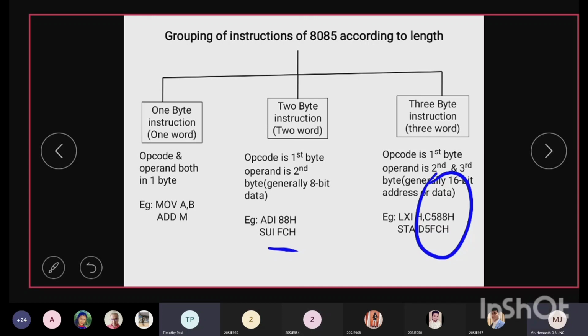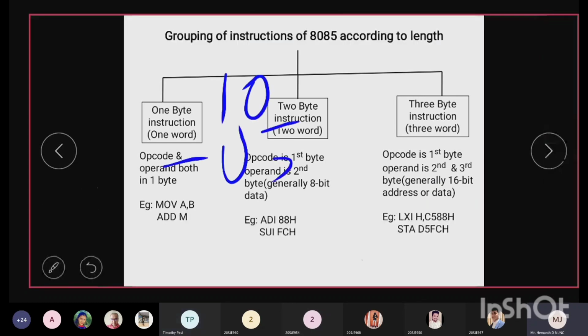Hello, hope everyone has listened to it. Write a program to subtract 2 8-bit numbers. So where we need to subtract 2 8-bit numbers, anything. Example, I need to subtract 10 minus 05h. Got it? So then how do you start writing it? 10 minus 05h. Okay, what will be the first instruction? I want only these two data to be loaded into any of the two registers and use the instruction subtract.